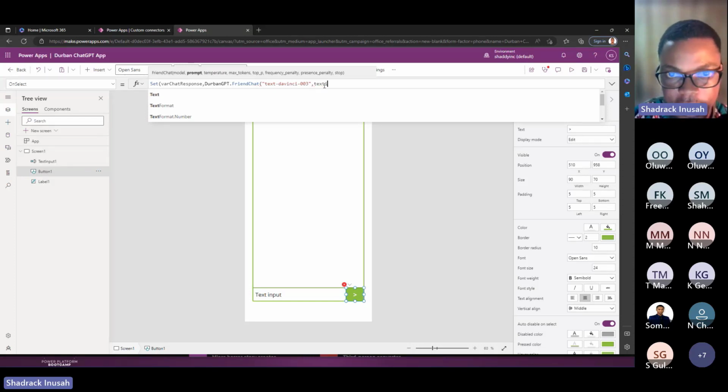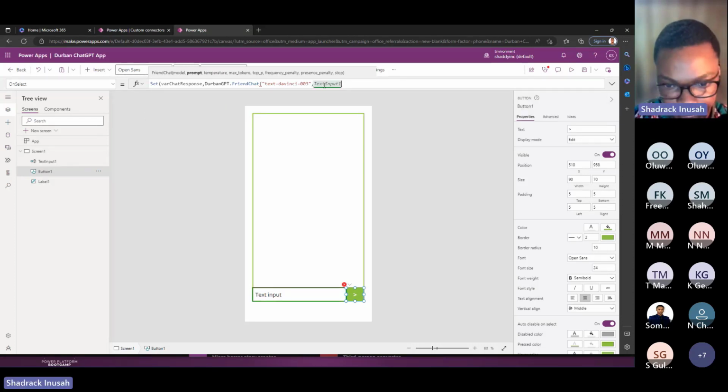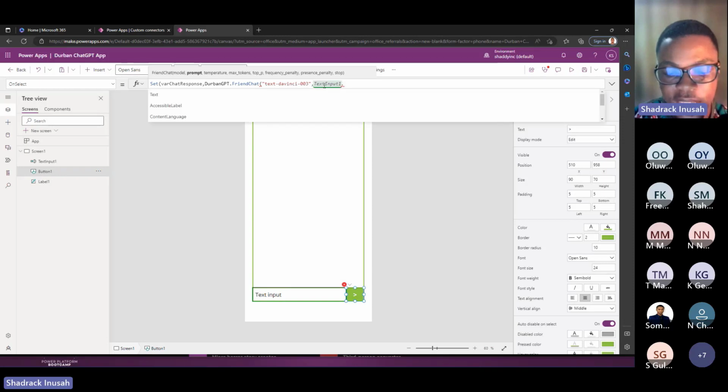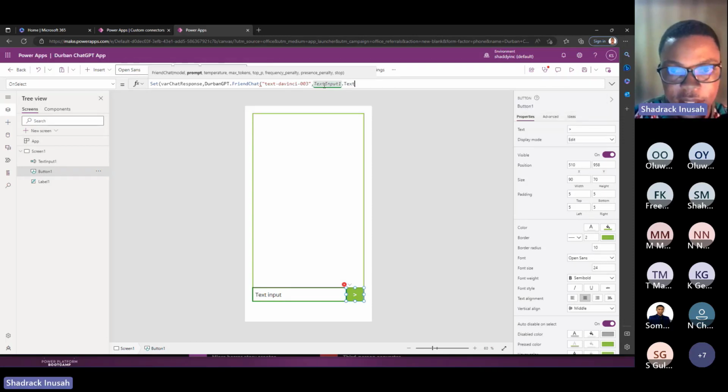So we have to put the test input there. Then the test input, what is actually inside the test input? So it's .test. It's test that is inside, right? Then we bring a comma. So you realize it's following. Just steady it up there, and it's giving you the default value here. So we are just going to follow it and type straight away. So it says 0.5. We just do that.